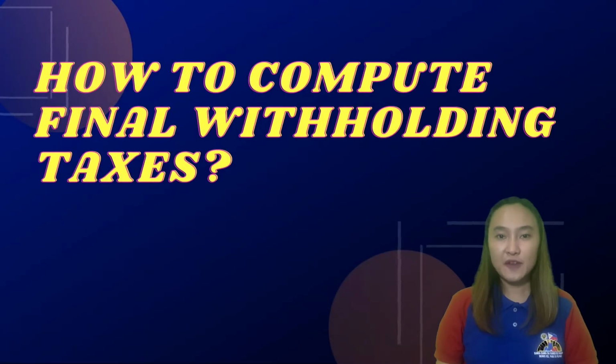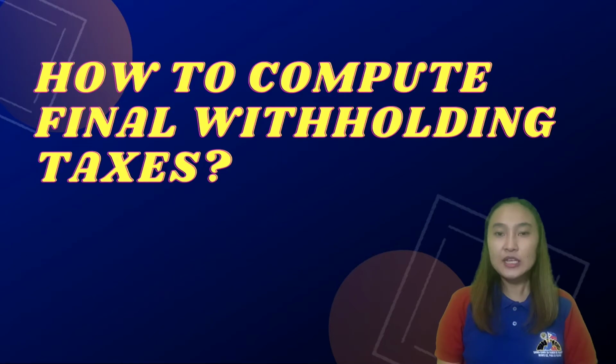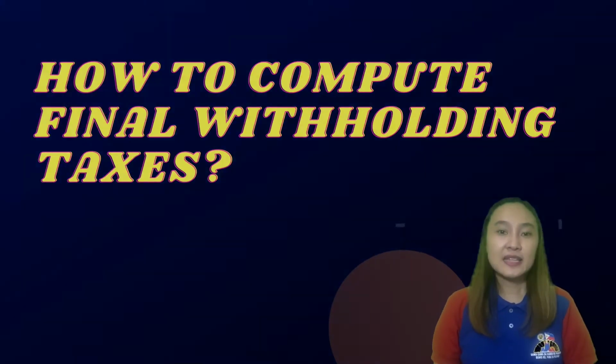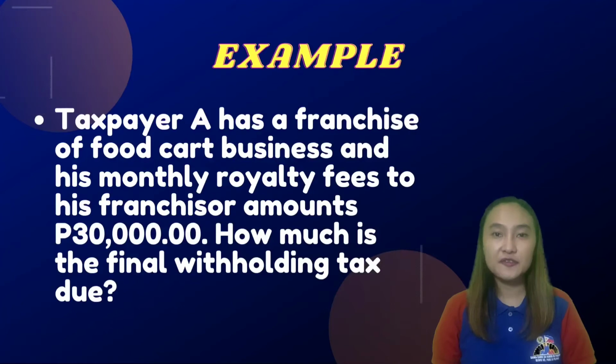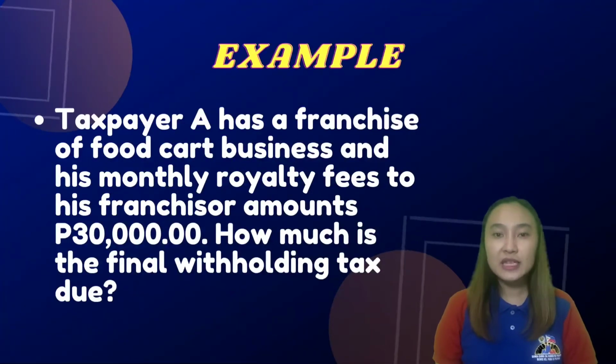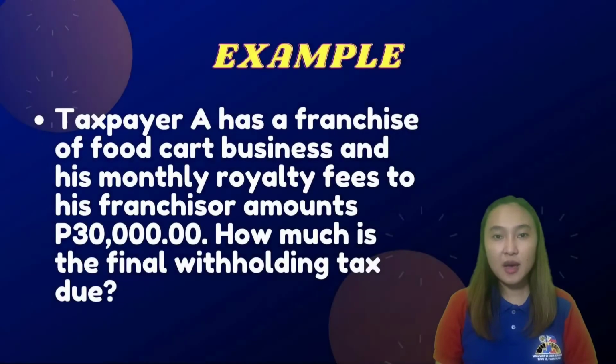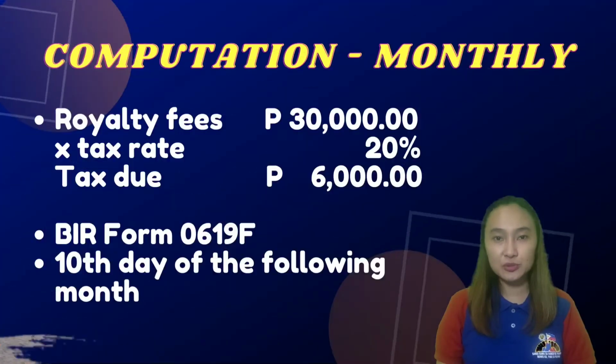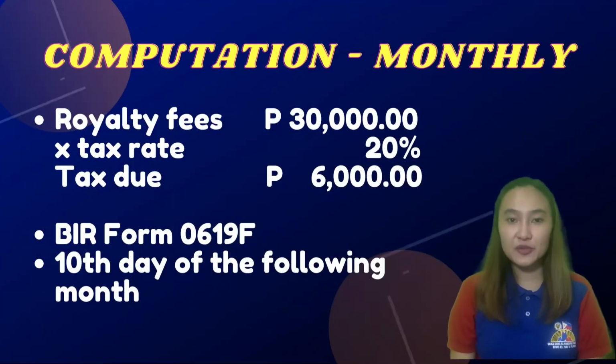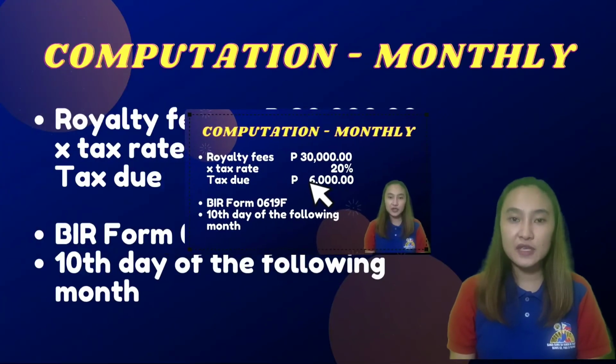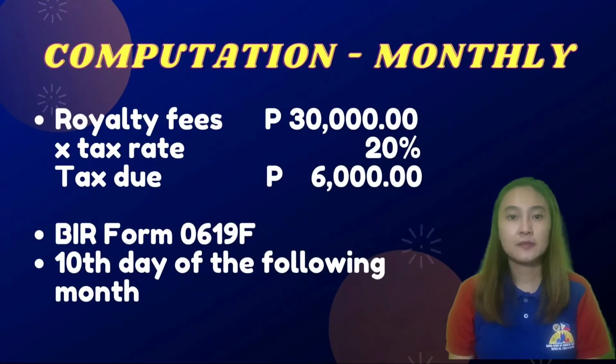How to compute final withholding taxes. So we have here an example. Taxpayer A has a franchise of food cart business, and his monthly royalty fees to his franchisor amounts to 30,000 pesos. How much is the final withholding tax due? For the monthly filing and remittance, monthly royalty fees of 30,000 pesos multiplied by the applicable tax rate of 20% is equivalent to 6,000 pesos final withholding tax due, and this is